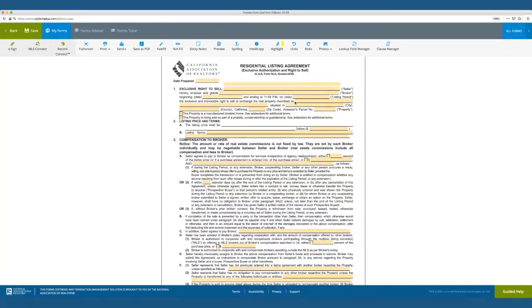So if canceling really is important to your seller, you would write it into the listing terms that if the seller wants to cancel, he can cancel within 48 hours, or giving you 48 hours or 24 hours. You can also write that he will reimburse you for your marketing fees, or those terms would